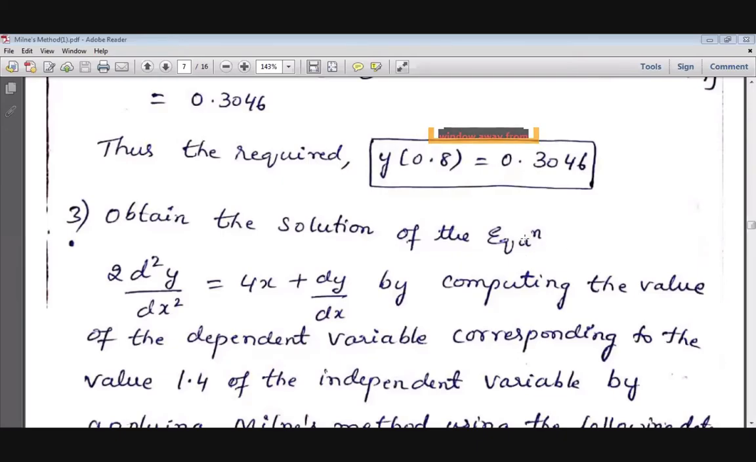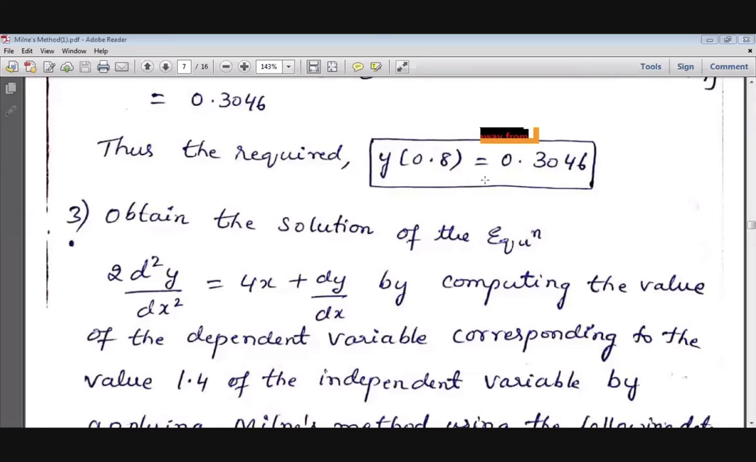We'll start the third problem. Any doubt in the second problem? If you have any doubt, you can ask. Next, third problem, obtain the solution of the 2 dy by dx